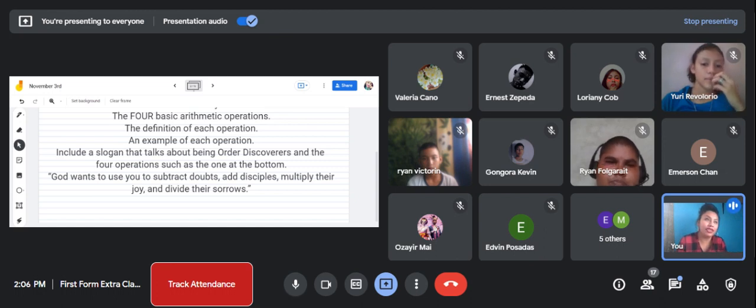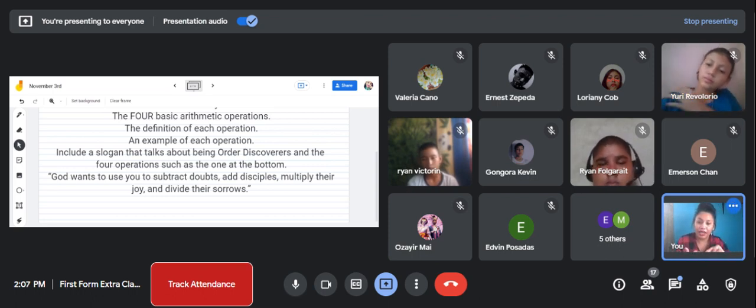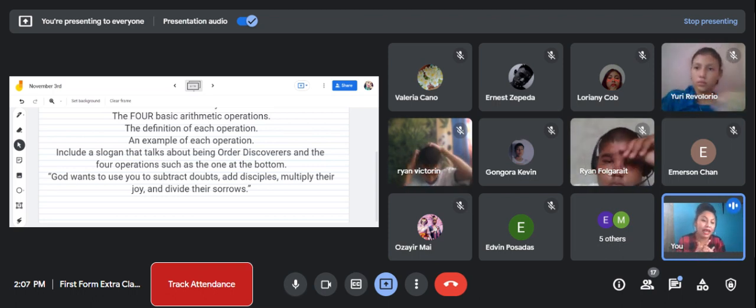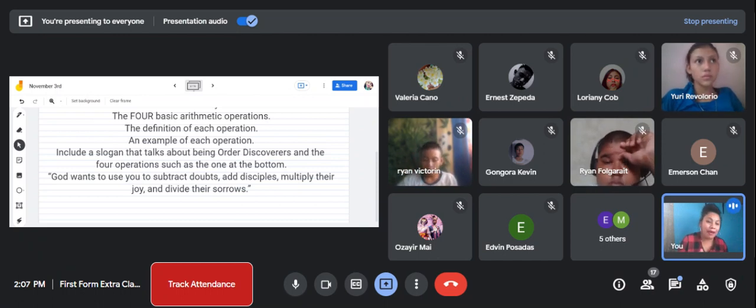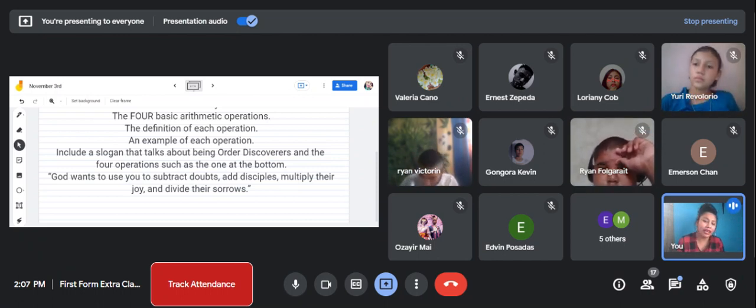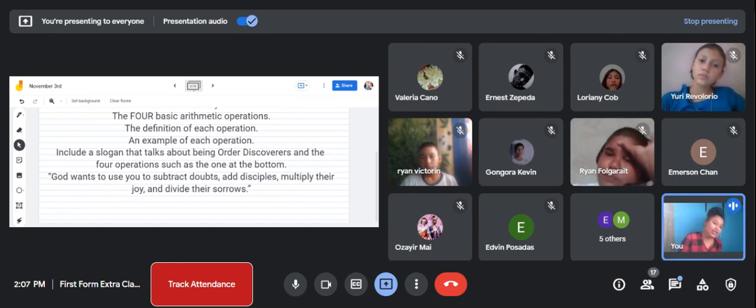And you think about it. You can think about different things if you want. For example, your sentence can talk about serving others. You want to subtract difficulties, you want to add joy, you want to multiply their happiness. Use any words that you would like for your sentence. And this sentence you can either write it at